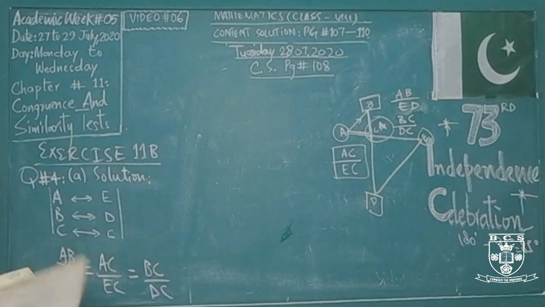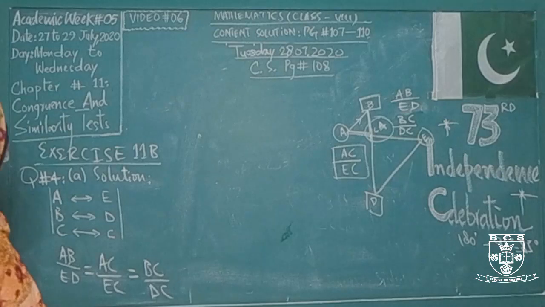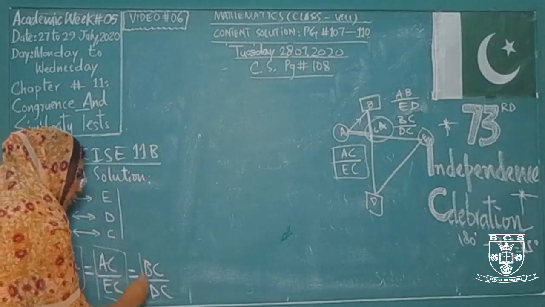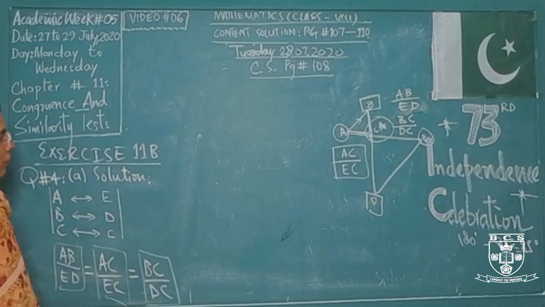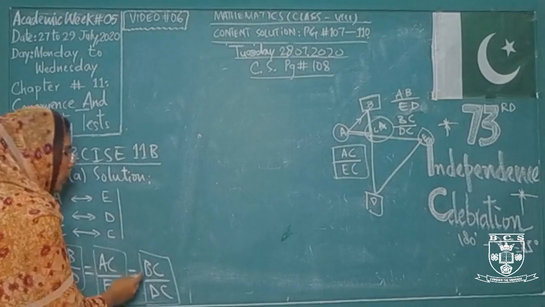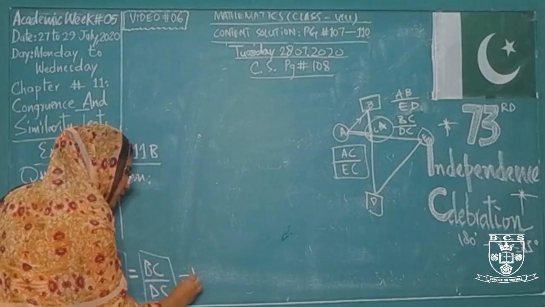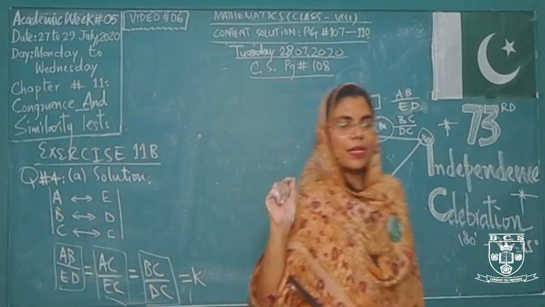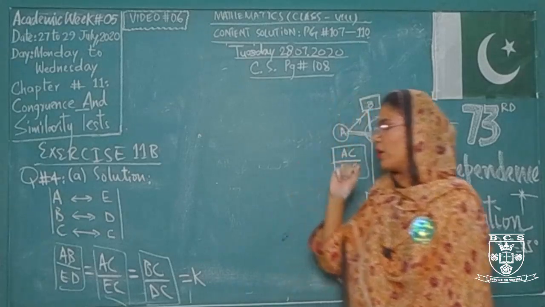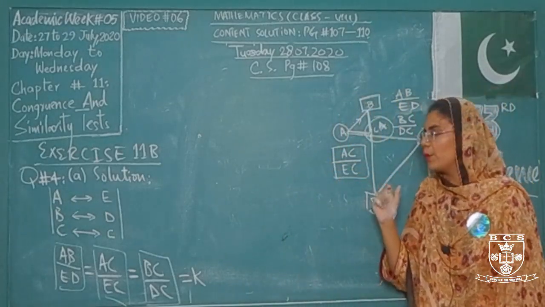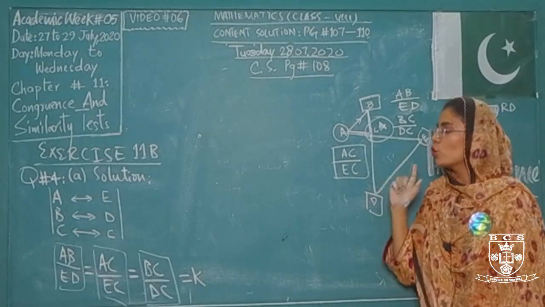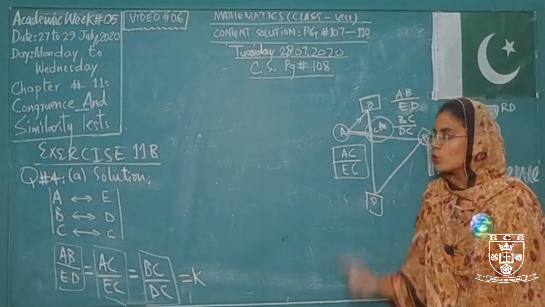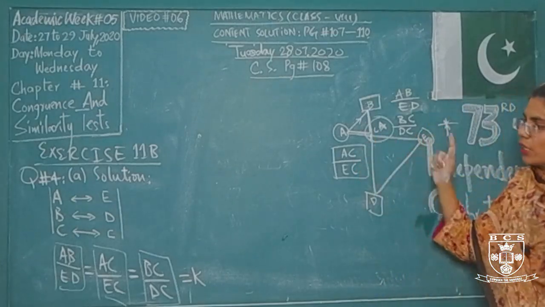So whenever they are similar, their sides are proportional. So if the three different sides, or their ratios, their fractions, are equal, then on the basis of equality, since we are not having any number here, we will make them equal to a variable, that is k. Whenever you are not having any numeric figure for any different side of a particular geometrical shape, you will consider the measurement according to a particular variable. So here I am considering all of these ratios equal to k.